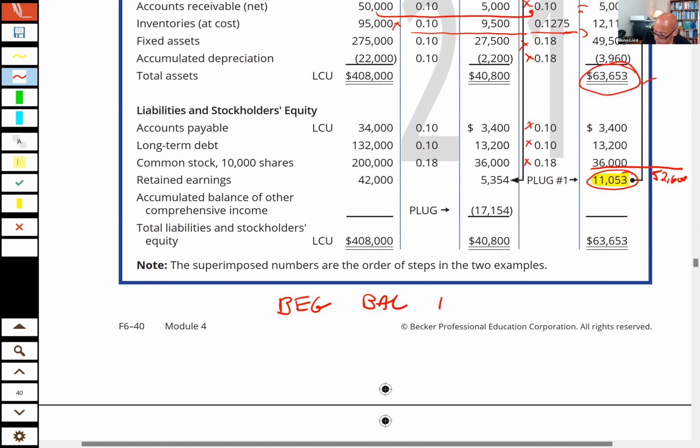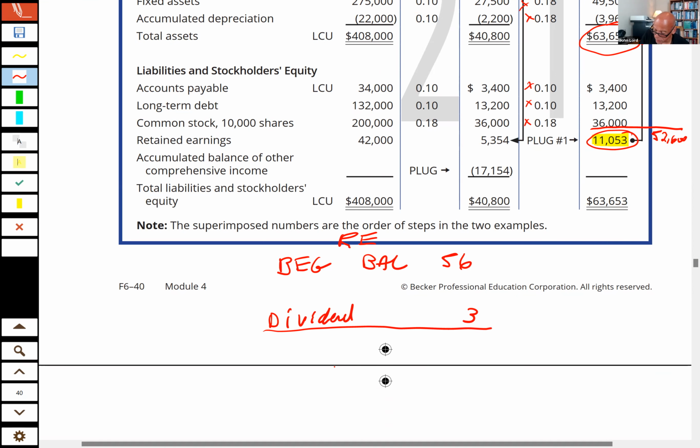in retained earnings, okay, let's just put retained earnings at the top of this. They may tell you that the beginning balance was, say, and I'm just making this up, 56. They may tell you that the company paid a dividend of 3. Now, if I know that the ending balance in my retained earnings needs to be what? Needs to be